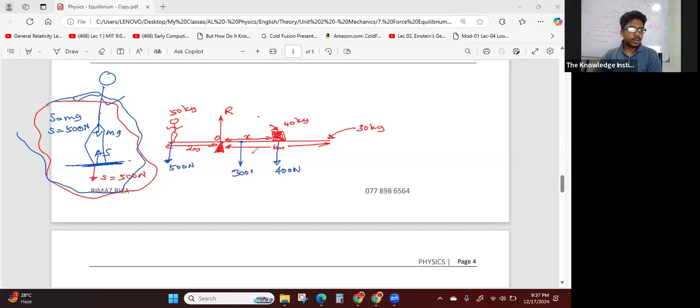And those are the vertical forces acting on the plank. Okay. And also this normal reaction force. Then I can consider the vertical force equilibrium. So if I consider the vertical force equilibrium, considering the vertical force equilibrium,